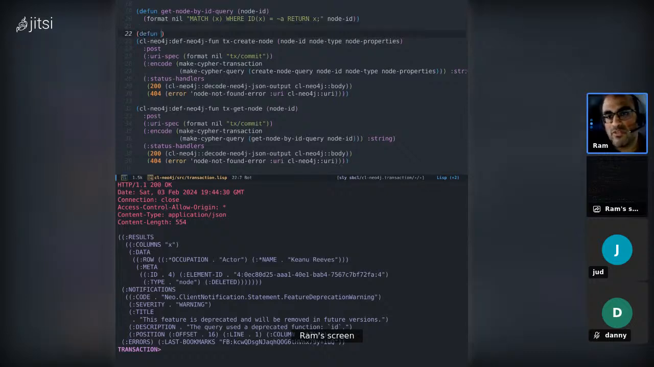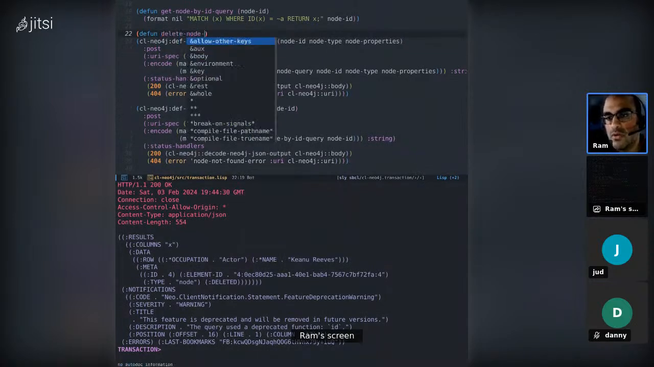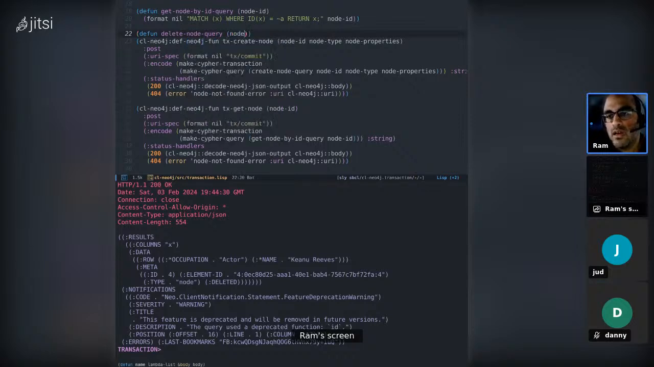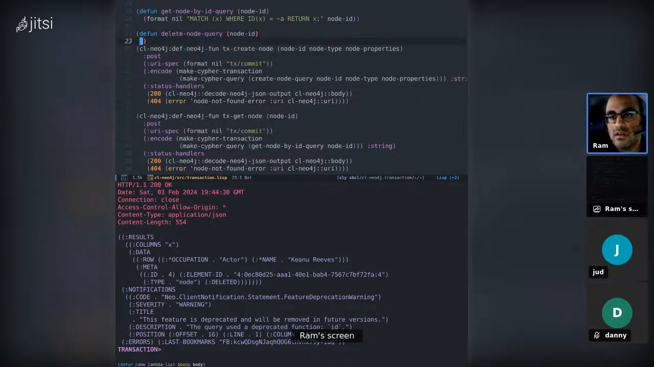This is all infrastructure stuff for folks who are following along. Just necessary things that you need to keep track of when you're starting to build up libraries. So, delete node query, node ID. The only difference between this one and the previous one is that,